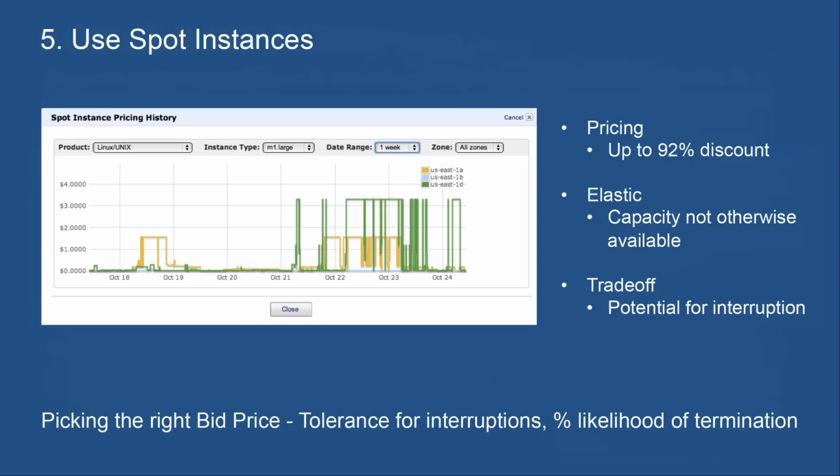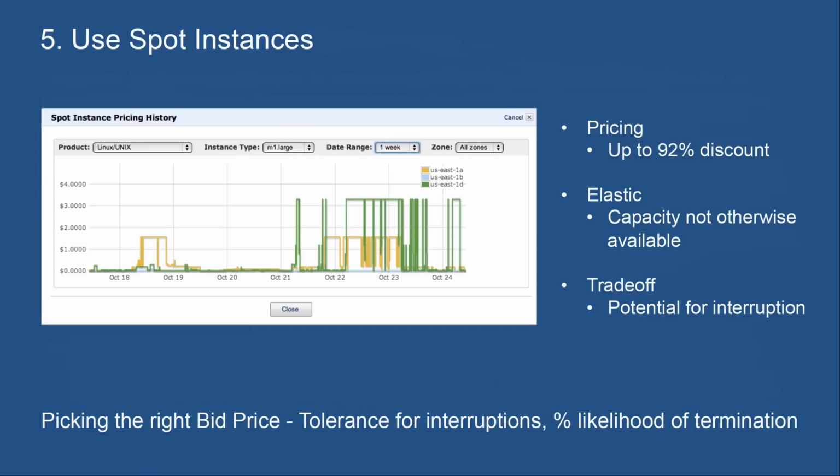So it's good for workloads which are not time critical and are not sensitive to interruption. There's several AWS services that are integrated with Spot instances, probably the most notable of which is Amazon's Elastic MapReduce, the Hadoop managed service.